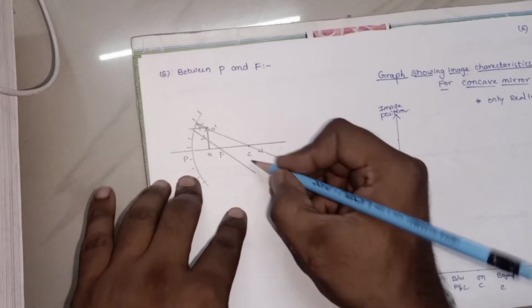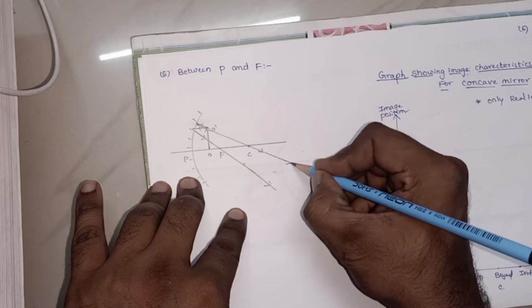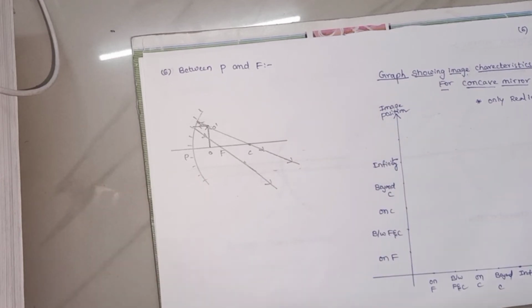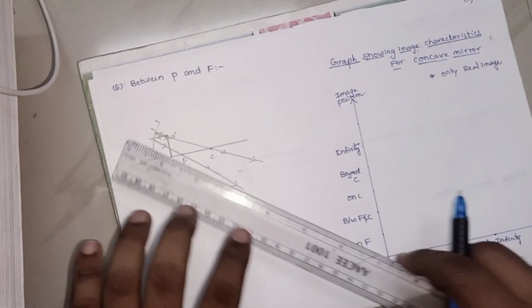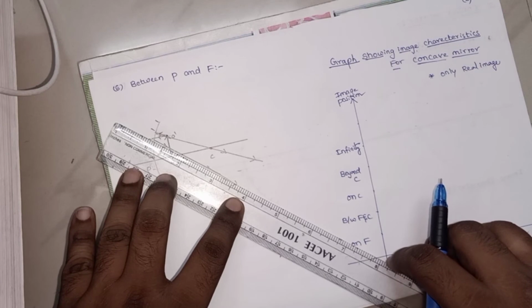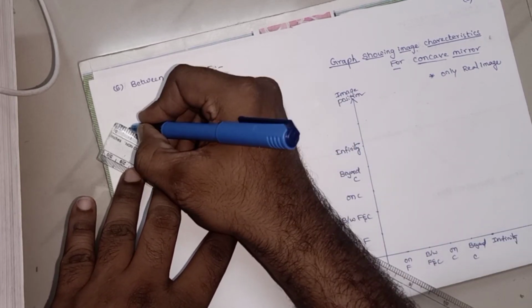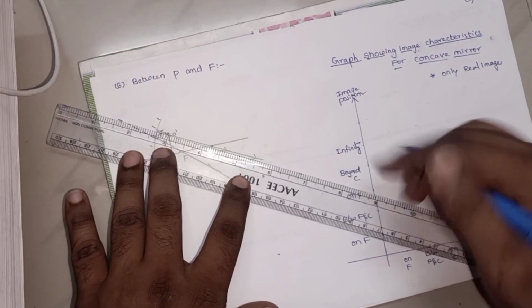Look at here. These 2 rays are diverging rays. They will never meet together. Clear? So in order to get the suitable image, you need to draw the construction rays. How will you draw the construction rays? That is my point. So the construction rays will be obtained by extending the reflected rays, only the reflected rays, in the backward direction. I hope you understood.